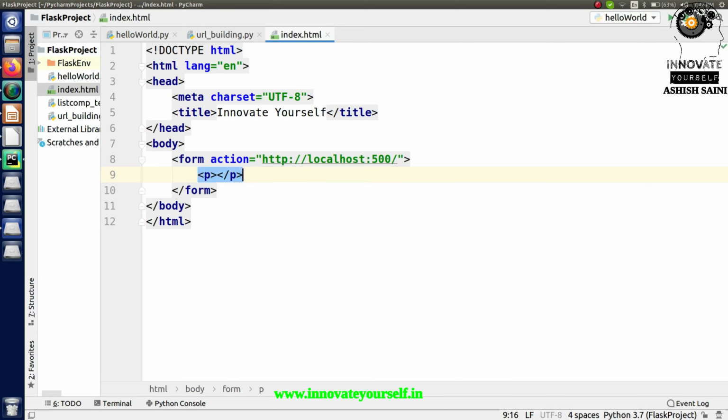So just write the paragraph for this, and in here let's write something else, like Innovate Yourself. This is a message, and let's create it as the heading. So simply pass the h1, and here also just close this part. This is how you will create the heading.